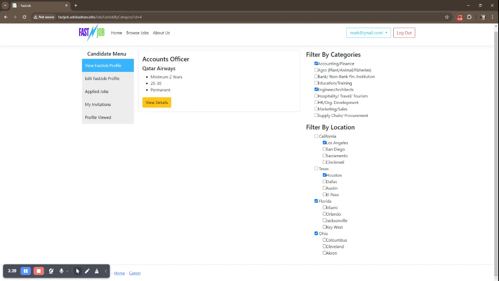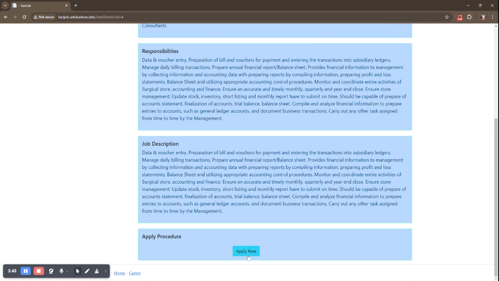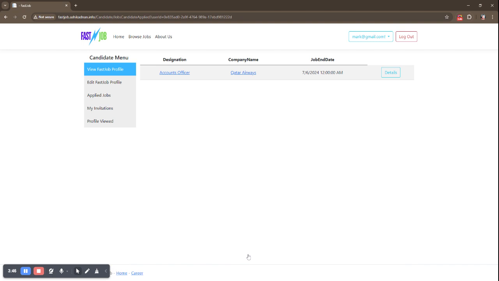All right, let's apply for this job. Click view details, apply now, hit apply now, and we are automatically redirected to the jobs apply by candidate page,